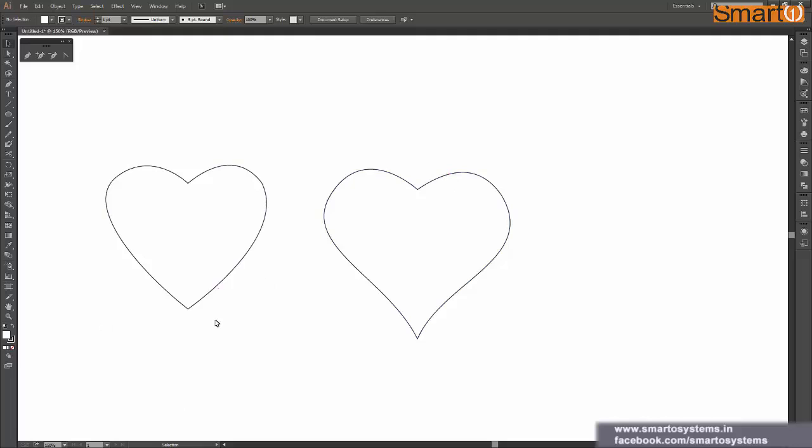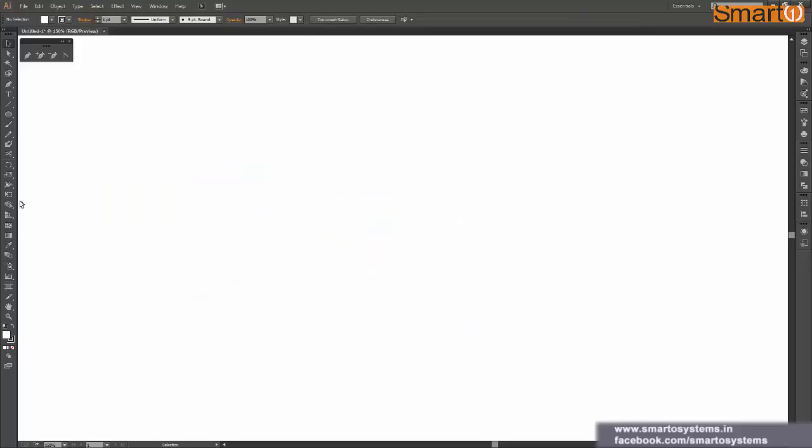So yeah, we have learned two techniques. Either you can create a tangent, and after that release your click, press Alt and adjust the tangent again, or while drawing itself you can just press Alt and readjust your tangent and release your mouse click and then the Alt key. So I hope you noted this down, because when you draw this will be really helpful to you. So I'm gonna delete these two shapes for now, and we'll see how we can convert pen tool into